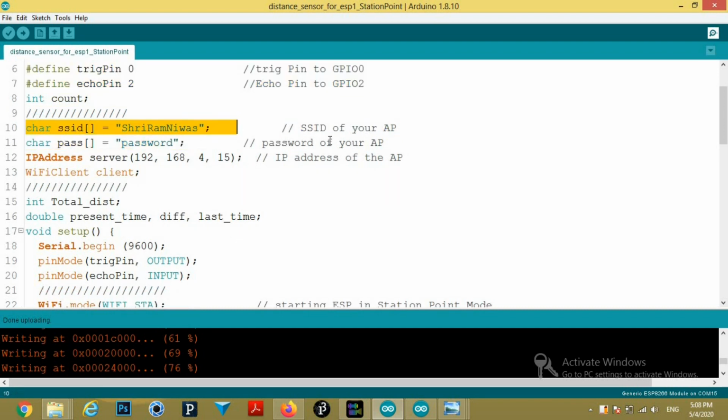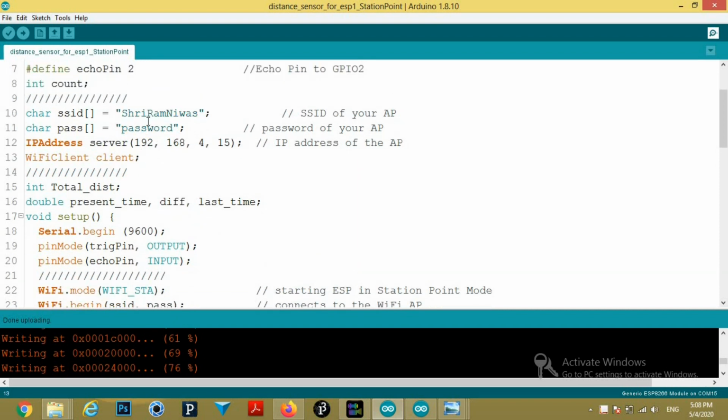Then here is the Wi-Fi name, this is my Wi-Fi name and this is the password. This Wi-Fi will be created by the server. Here you can replace your Wi-Fi name.